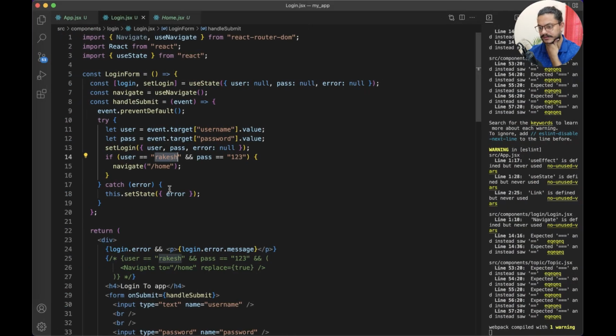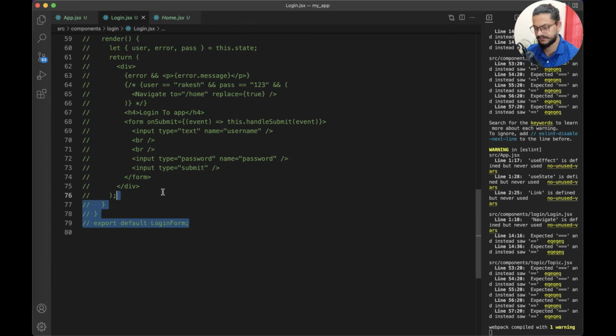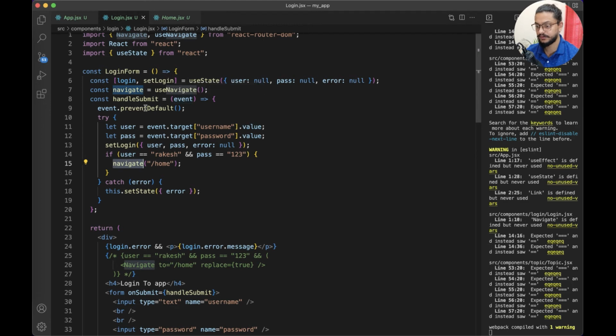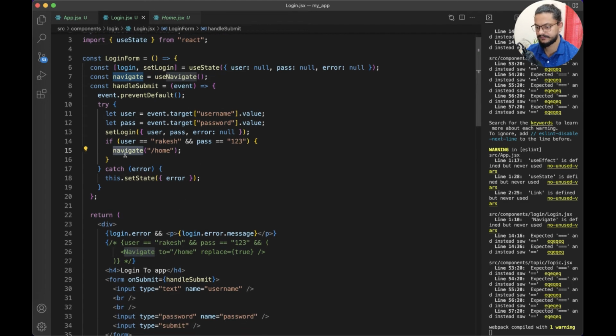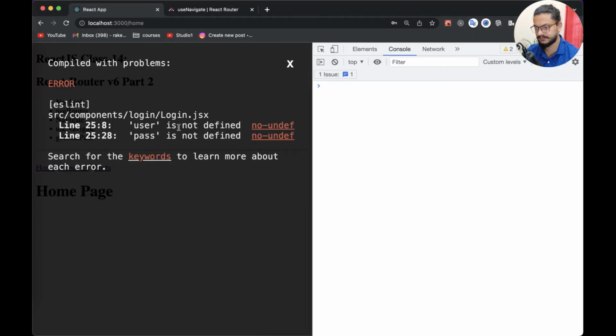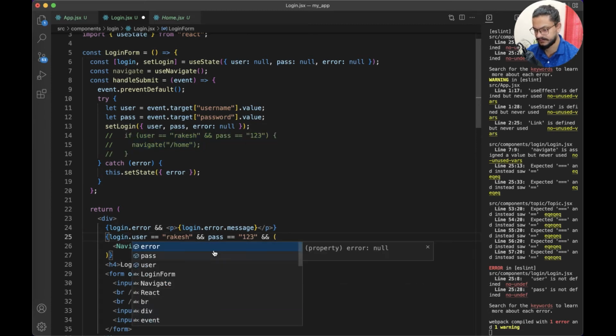Okay, so now you can notice, like we have example of both the cases, like if we have this class based component or whatever case, right? If it is hooks, right, so you have to do this way, like you will be calling this here. If it is your JSX way, you should be calling in here. Okay, and this, even this goes here. If you uncomment this and just comment this section, okay, and save that code, so it will have some kind of problem. So that problem is nothing, like you have to just say login dot